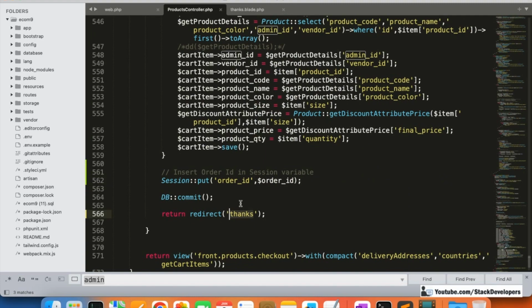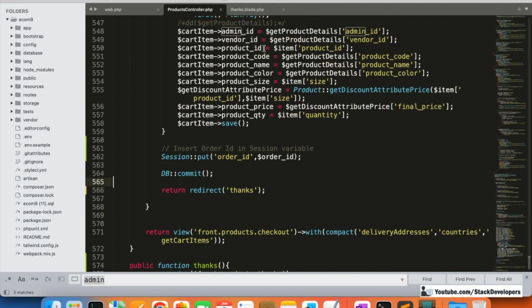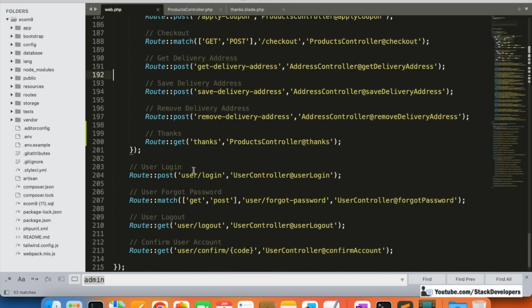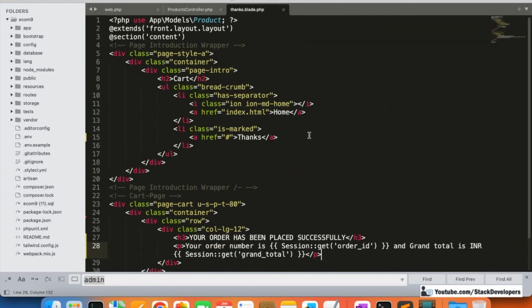So both we are able to use in the thanks page. We are redirecting to the thanks page after the order placement, and this is the COD order placement right now. After redirecting to the thanks page, we have created its route and its function as well, and after that the user will reach here. So let's try,